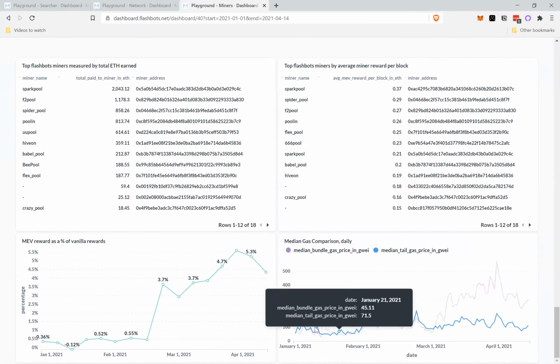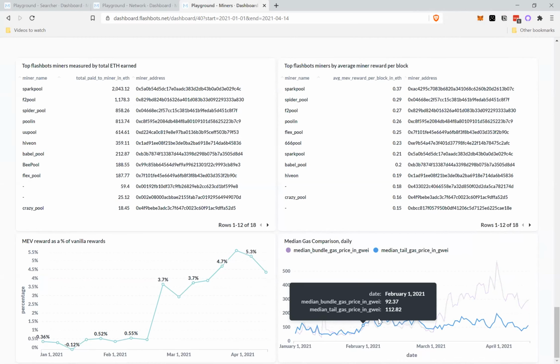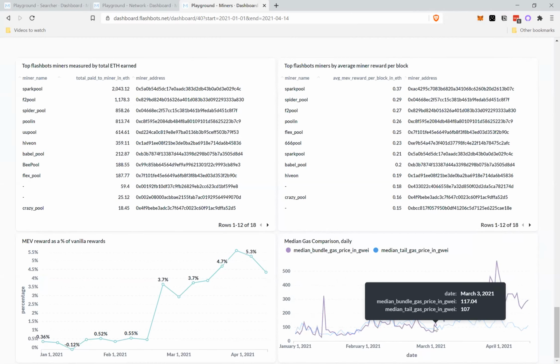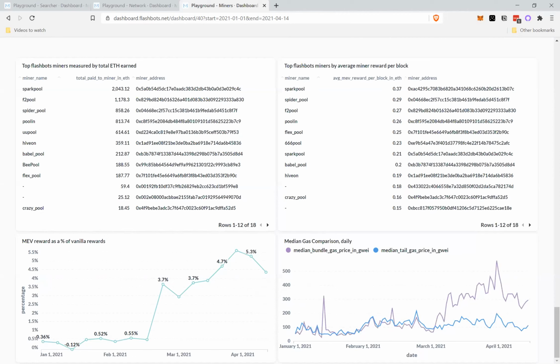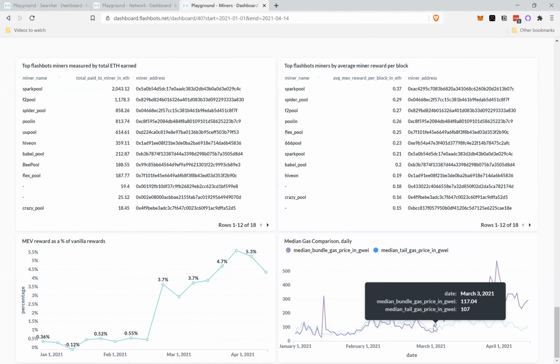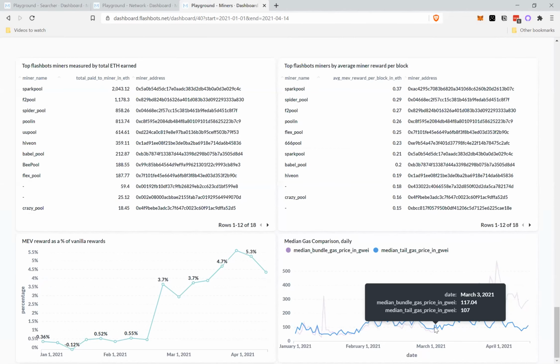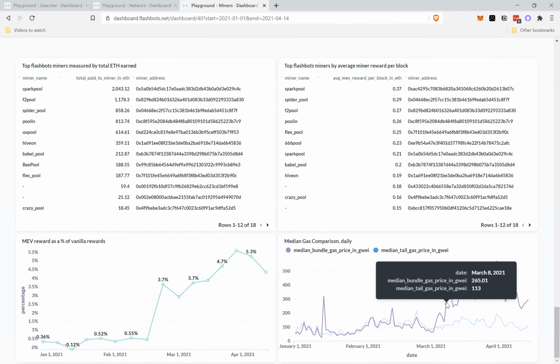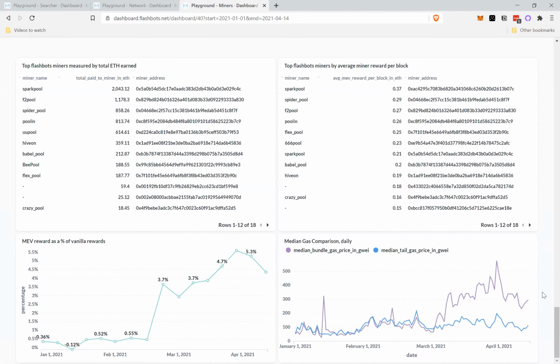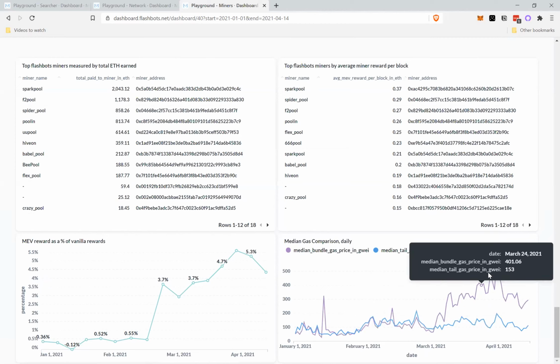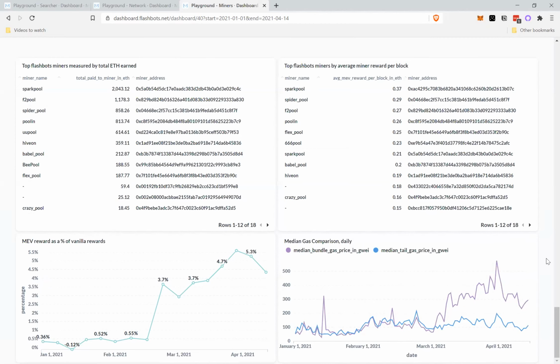The interesting thing here is that these trailed each other for a long time, about 2 months of Flashbots being open in the wild, which implies that if you had a bundle, you could sneak in just above what the tail gas price was. Of course, it always has to be above on any given block. But at around March 1st, this median bundle gas price increased greatly. And what you can infer from that is competition for inclusion in a Flashbots block increased a lot over that period of time, and it's getting more competitive over time as well.